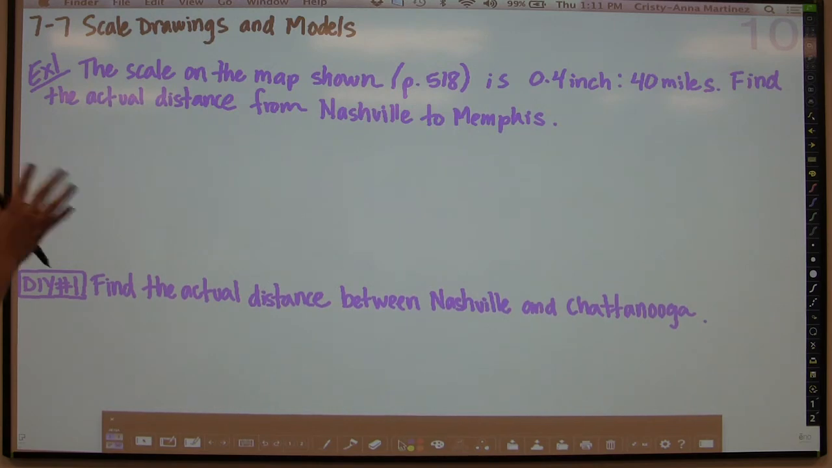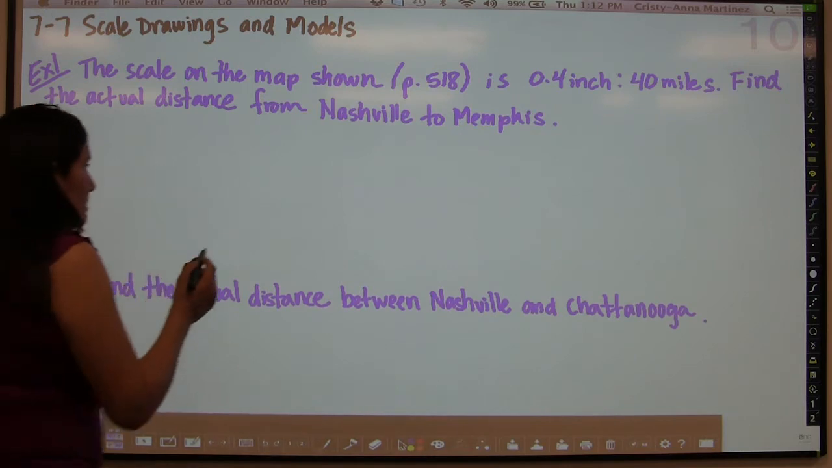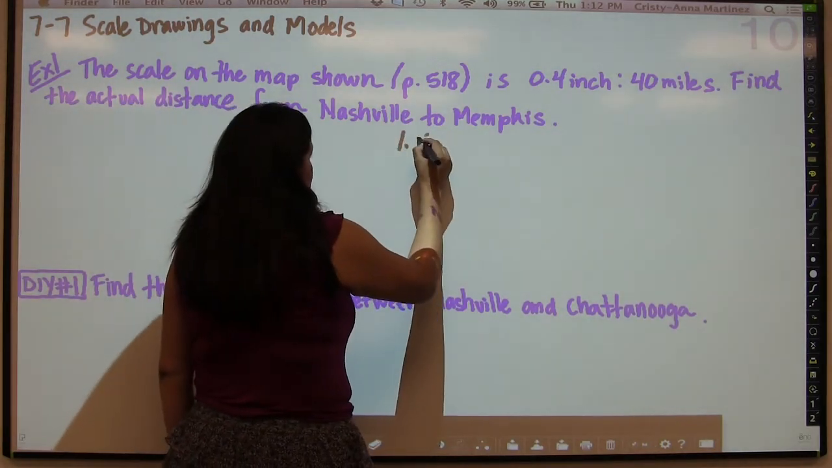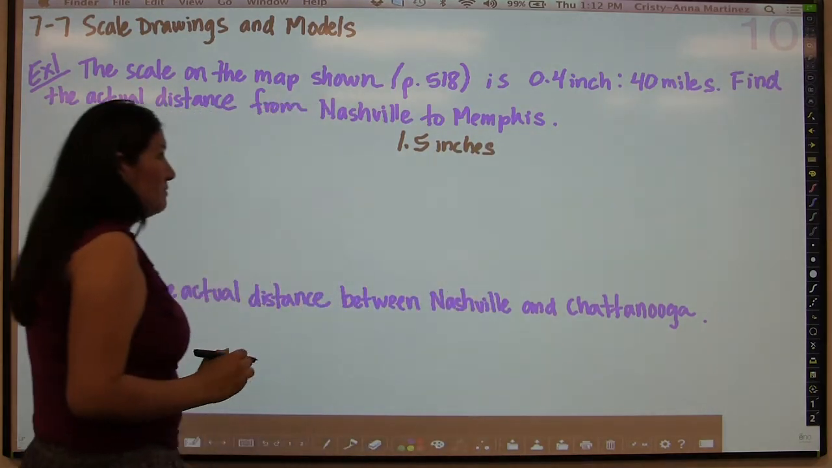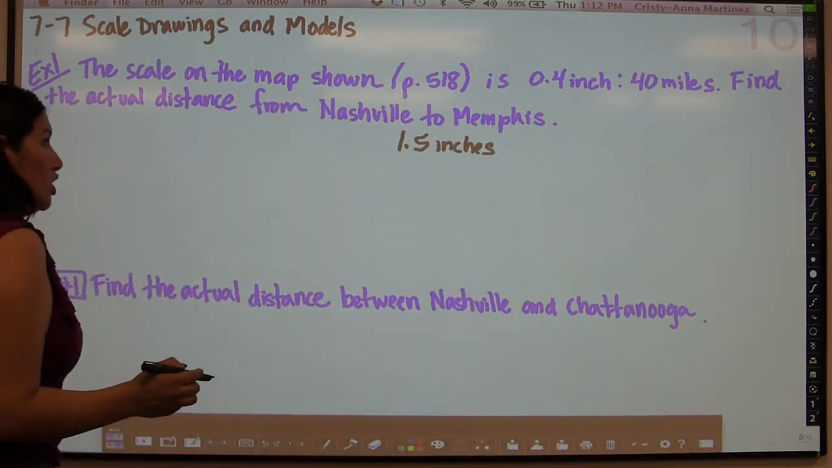So since I don't actually have the map up on the board right now, I'm going to tell you that we have previously measured this with a ruler, and the distance between Nashville and Memphis is basically 1.5 inches. So this has been already measured, and it's 1.5 inches. So all you want to do is basically set up a proportion. You know that